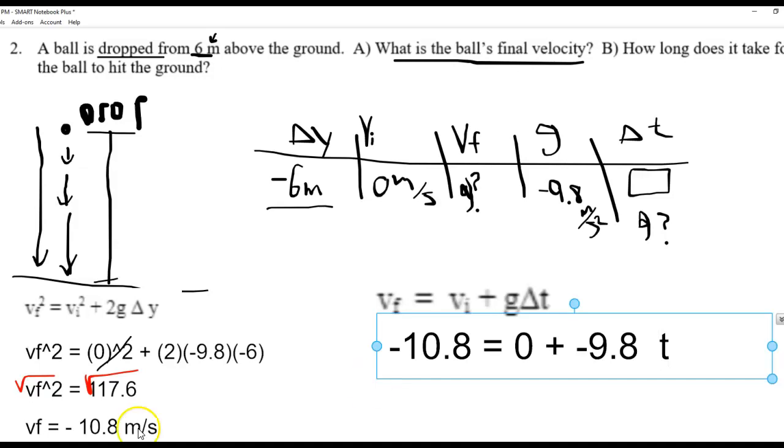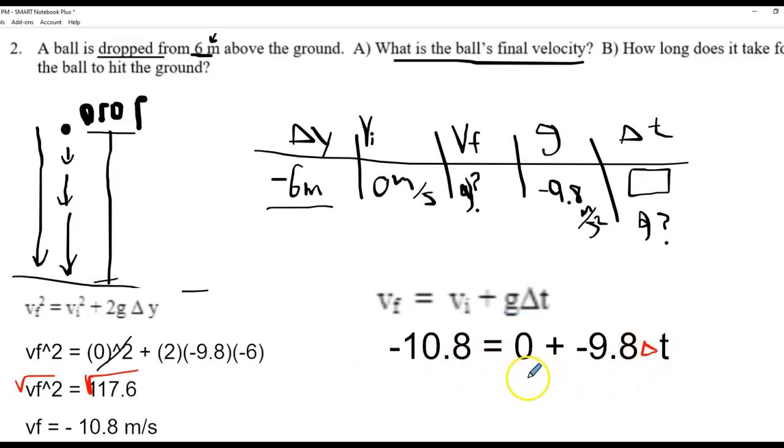So I'll draw in the triangle here. 0 is just 0, we can ignore it. If you made this positive and you try to divide by negative 9.8, you get a negative number for time. You can't have negative time. We're going to divide through by gravity on both sides, so divide through by negative 9.8. And delta t, once you do that, turns out to be 1.1